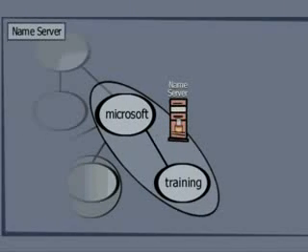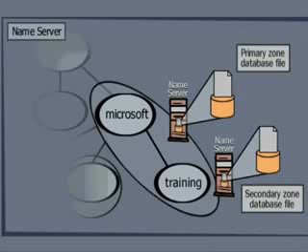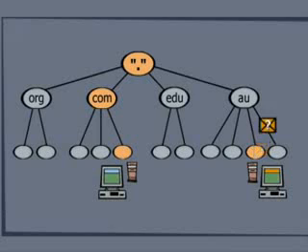DNS, or the Domain Name System, is an integral part of client-server communications in TCP/IP networks. The domain namespace may be divided into zones for administrative purposes. Name servers for each zone store either the primary zone database file or the secondary zone database files that contain the name-to-IP address data for that zone. Zone files are kept up to date by the zone transfer process. Name resolution is the process of